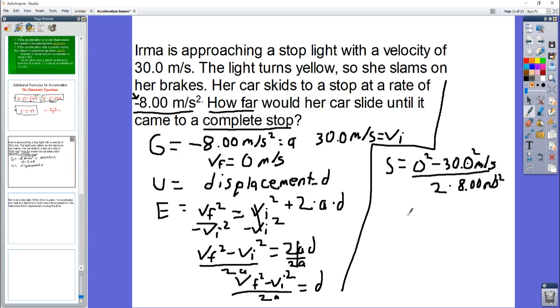All right, so then you end up with 30 squared is 900, but it's 0 minus 900, so negative 900 meters per second